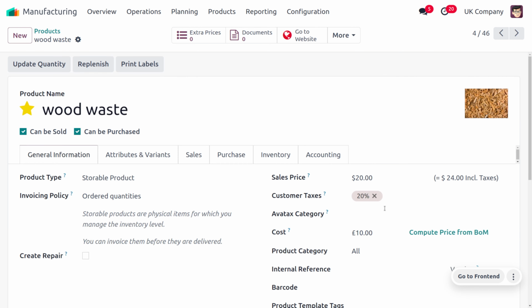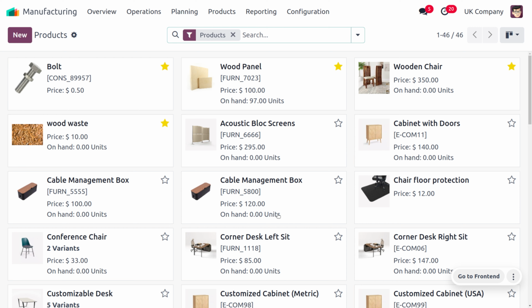And here you can also set the cost and sales price of this. Let me set the cost of the wood waste as 5 and the sales price as 10. Actually, the wood waste or the residual products or byproducts will not have a direct value as sellable products, but this can also be used for manufacturing different items such as cardboard or other things, without wasting this wood waste.